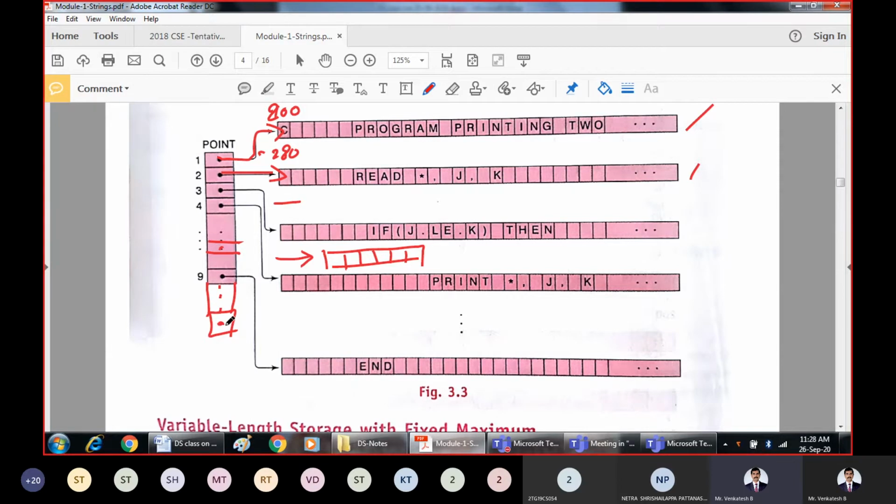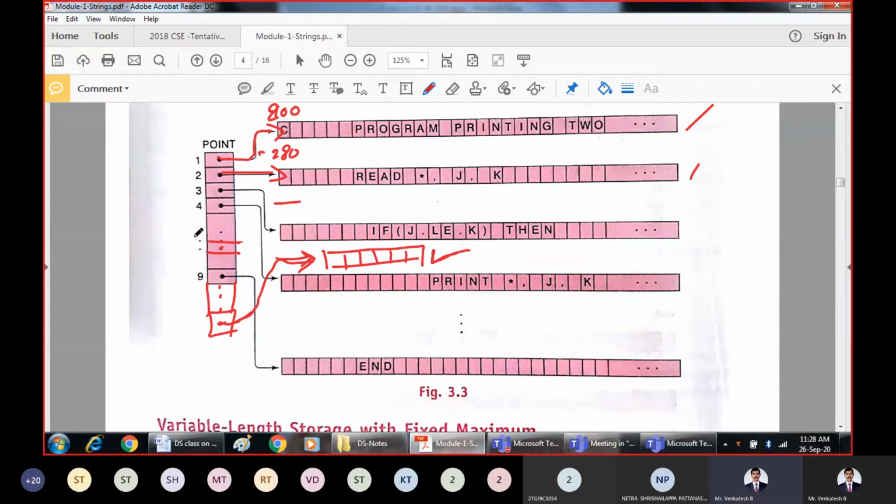So this pointer will be just pointing to the newly inserted record, because the pointers will help us to just fetch the record. It's not going to affect the other records. You can store it wherever you want in the memory. In whichever location you want, you can store it, but just the address of that record will be stored here.